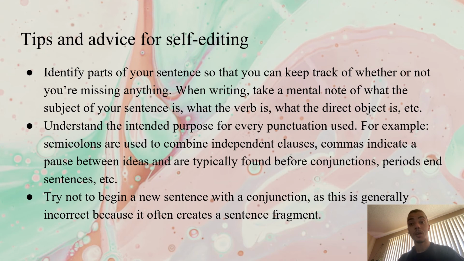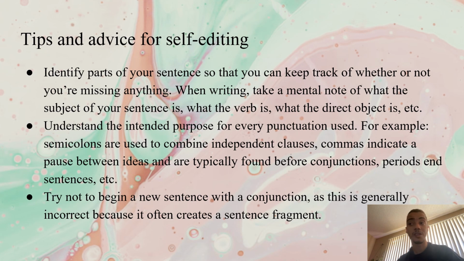Next step, understand every punctuation mark you use. As I said before, comma splices are very common. They're an incorrect use of the comma, and a lot of people use them. So understanding where to put a comma and when you don't need a comma is important. Know when you can use a semicolon in the place of a comma. Make sure you always have periods at the end of your sentences, things like that.